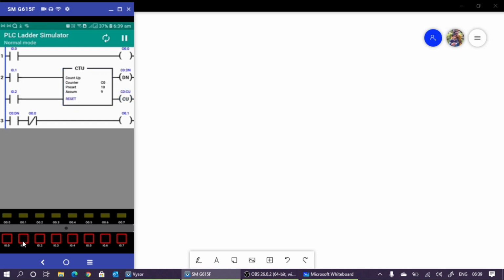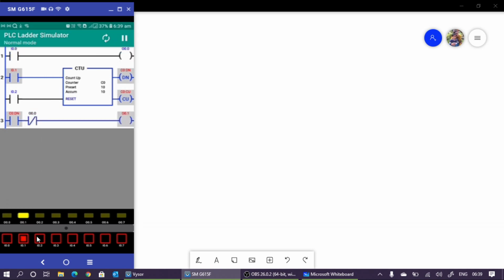Now it is 9. I am going to start the switch on the input. Yes. Now you can say this is equal to the preset value. So now the done bit is activated. So this is 1. This is 0, so this is a normally closed contact. So it will contact this one. So the output is on now, right? Now if you are pressing this button, this one is on, then it will not contact, right? Okay.